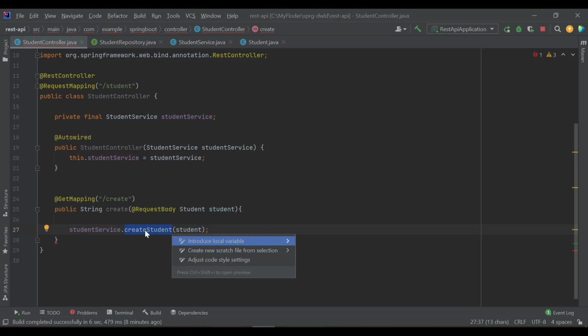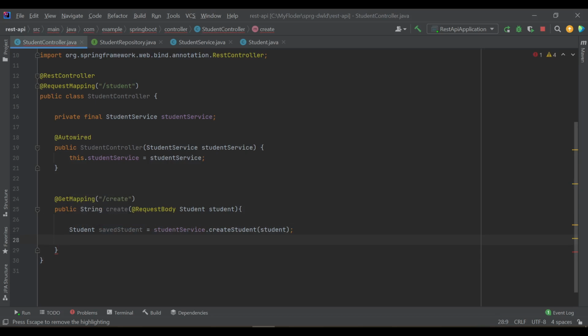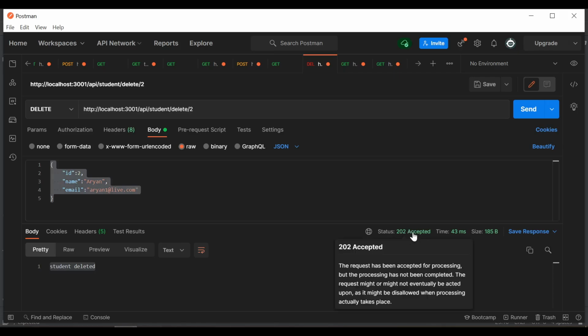Let's extract into a local variable. Let's name it saved student. Okay, next thing, now we need to return the response. Return, and for returning a response, in the demo you saw this HTTP status code also.